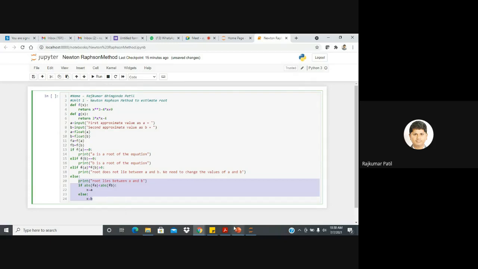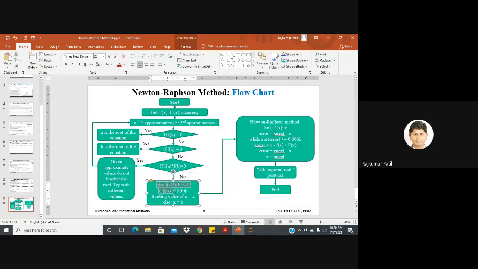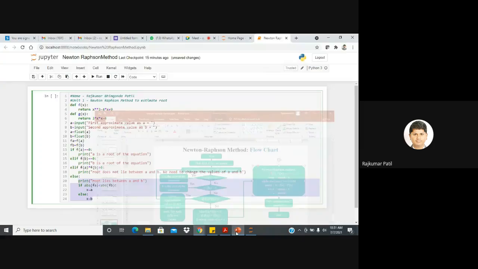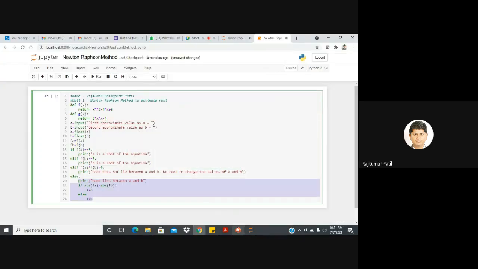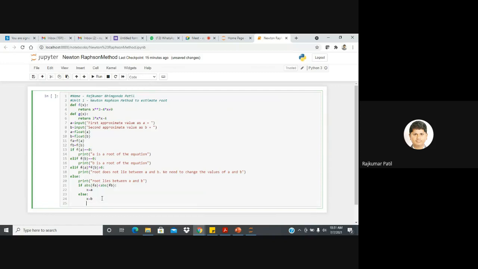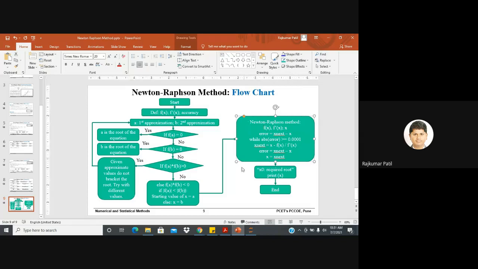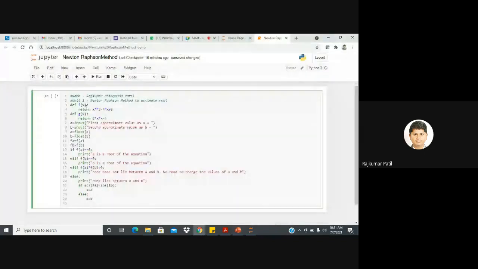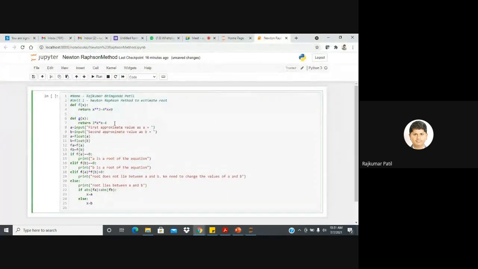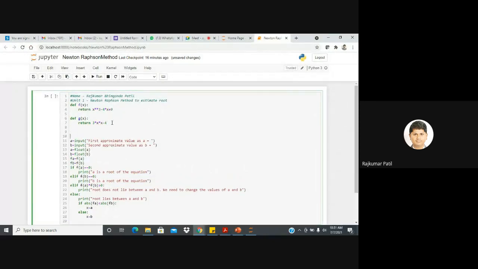and we can enter into the Newton-Raphson loop. So here you can see we completed this particular step. Now we will go to the loop that we are going to use for the Newton-Raphson method. So we will go back, and below this particular line you can start writing the loop for the Newton-Raphson method, but instead of that, just like f of x and g of x, you can write a function for the Newton-Raphson method loop.